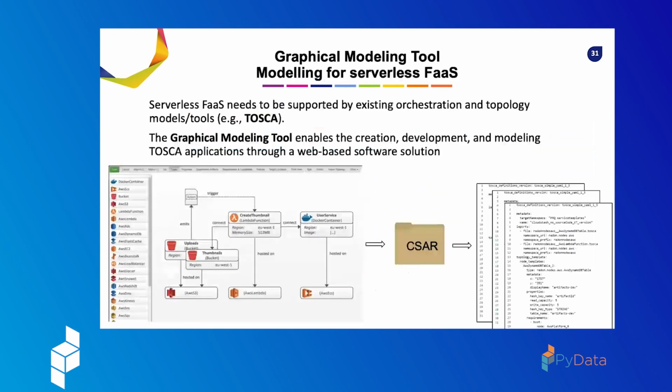Let's start from the graphical modeling. This is just a snippet of the graphical modeling environment itself. As you can see, you have a number of components, and on the left-hand side, you have a pane which contains all sorts of constructs that you can drag and drop and assemble. Now, the graphical modeling tool also allows you to produce Tosca-based deployable definitions for whatever you assemble on the left-hand